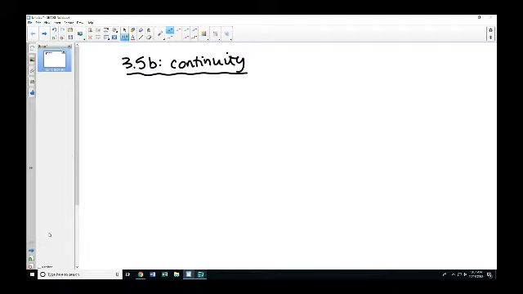Continuity is one of the biggest concepts that we have in math. It really requires calculus to fully understand it, but we can do it in pre-calc to a point. There's something in calc we need to make this formalized. But, if you were to draw a graph that was continuous,